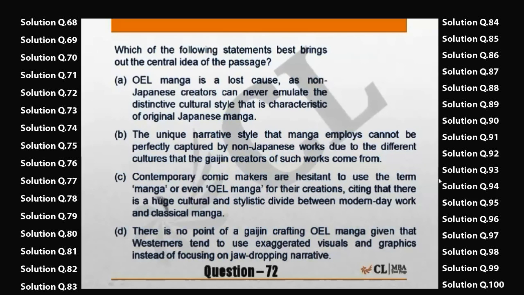It says, the dramatic style that manga authors utilize to pull a reader into the emotional gravitas, here meaning seriousness, of a storyline is dissimilar to the style used by their Western counterparts. This is exactly the point that the example of Darth Vader was given in the passage to bring out. Now, what does this mean? This means that the author is trying to tell you that there are certain distinct points of difference between the way that a Japanese person would make a comic and a non-Japanese person